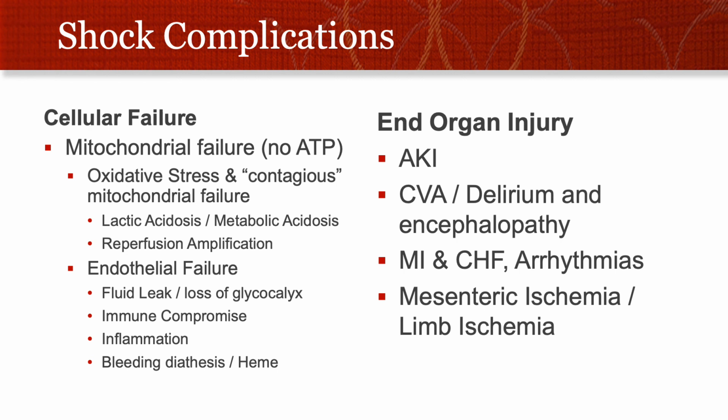In addition to the endothelium and more or less individual cellular problem of shock, your organs are compromised. That can result in kidney injury, strokes, delirium, encephalopathy, myocardial ischemia and CHF, atypical arrhythmias that become challenging to deal with, and even other organs that rely on perfusion will get compromised, and you can have compromised blood flow to your gut, causing mesenteric ischemia or dead gut, and you can lose fingers or even whole limbs due to limb ischemia. So any organ can be damaged and injured by a shock state if you don't get